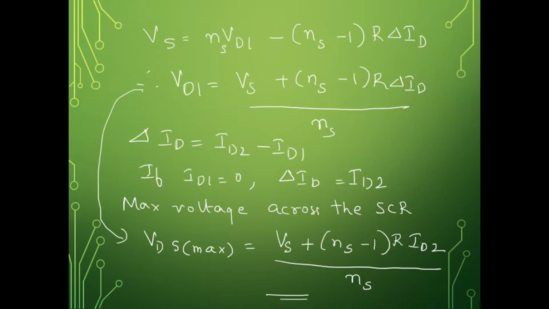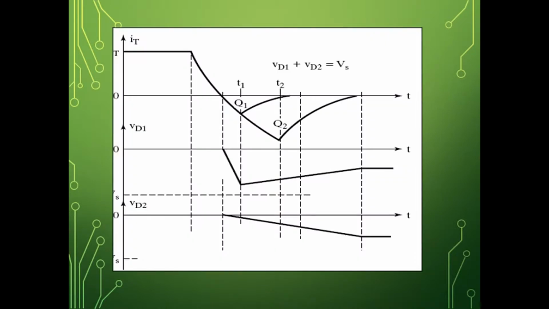So during turn off, there will be a difference in the stored charge, which in turn will cause an unequal difference in the reverse voltage sharing. If you observe here, this is during turn off of the thyristor. You can see the thyristor current becoming 0. It has not become 0 directly. It has a reverse voltage which appears across it. The similar concept which you have in the diode, reverse recovery.